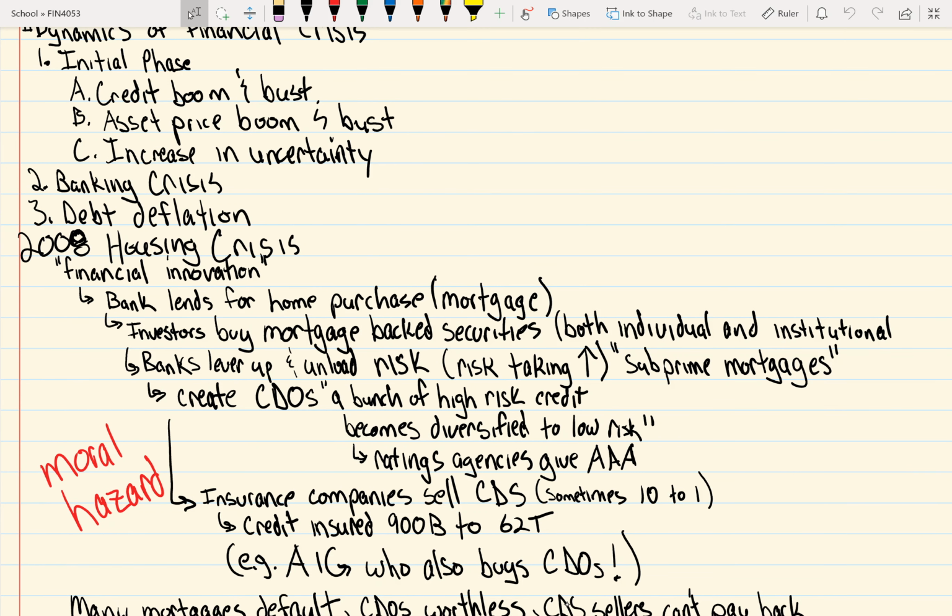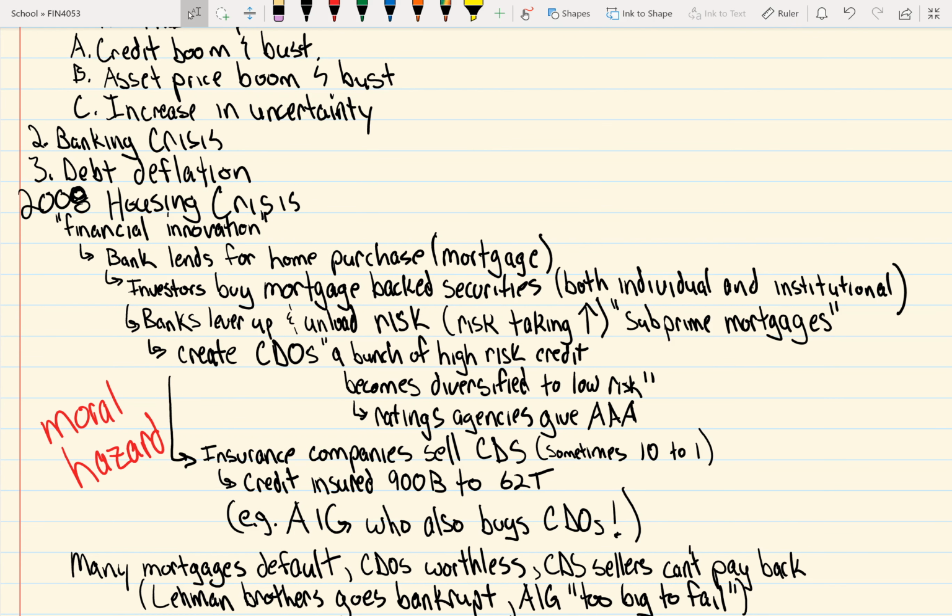Of course, if the mortgage doesn't default and the homeowner keeps paying their monthly payment, the investor in this mortgage-backed security gets a return on that. Both individual and institutional owners can buy those. It could be for a 401k, just for your own personal investment portfolio, or it could be an institutional investor like another commercial or investment bank. Or like I said before, 401ks like Fidelity, things like that. After a while, this was making a lot of profit for the bank and for the investors.